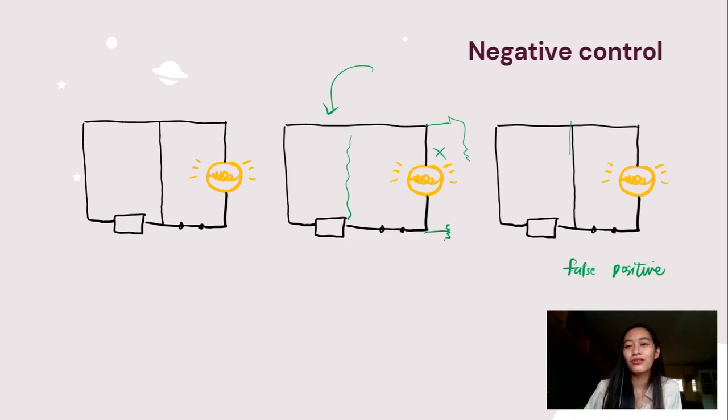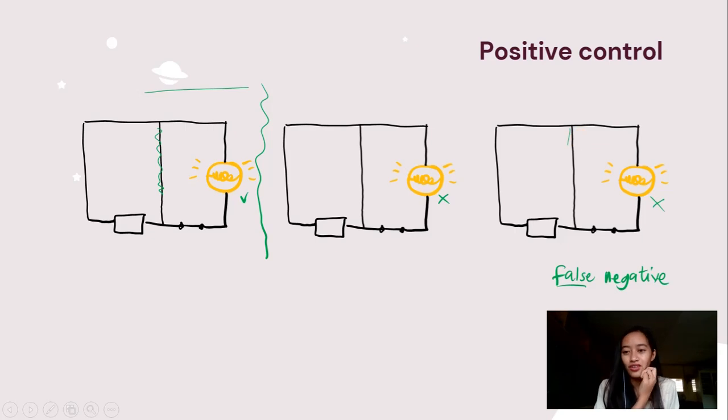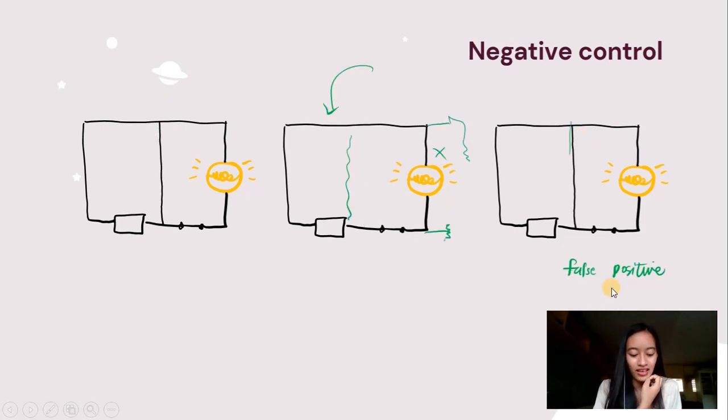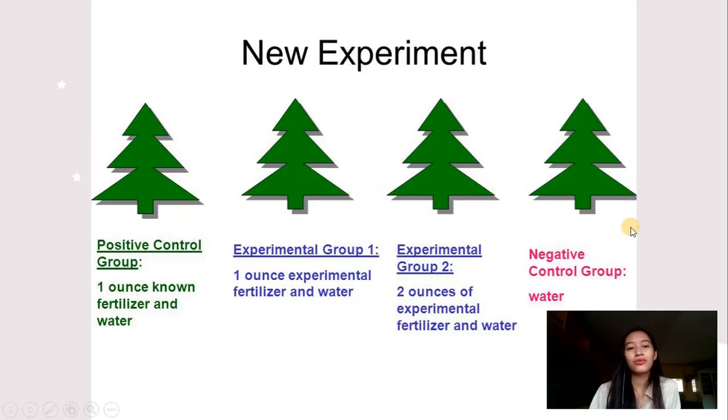Okay. So again, your positive control lets you avoid the false negative. And then negative control lets you avoid the false positive. Okay. Other examples, we have this experiment. So your positive control group, 1 ounce of known fertilizer and water, and then your negative control just water. Then here, experimental group, 1 ounce of experimental fertilizer and water, and then your experimental group number 2, 2 ounces